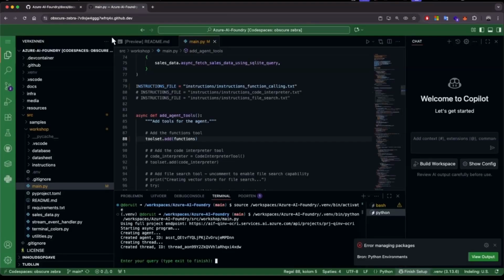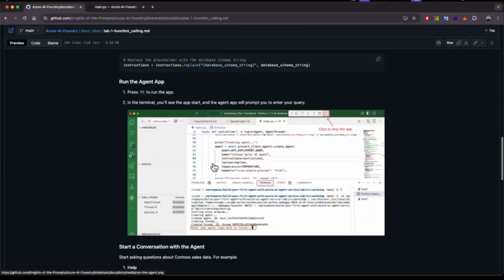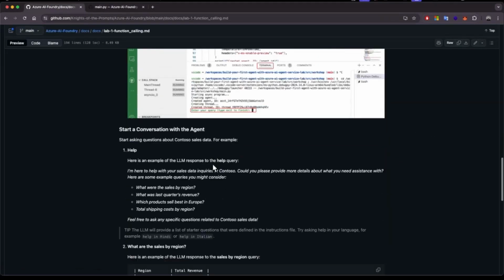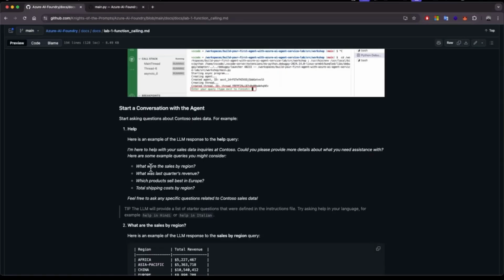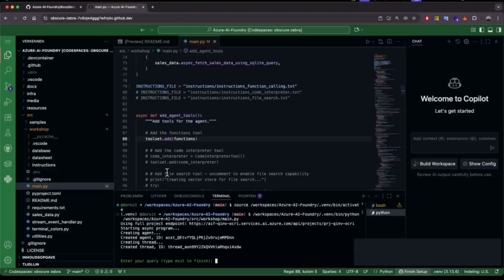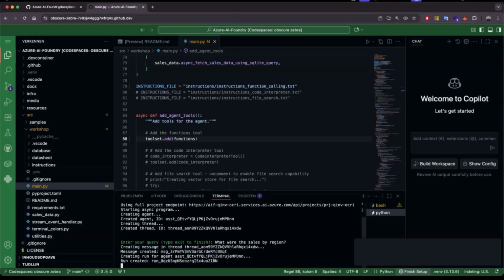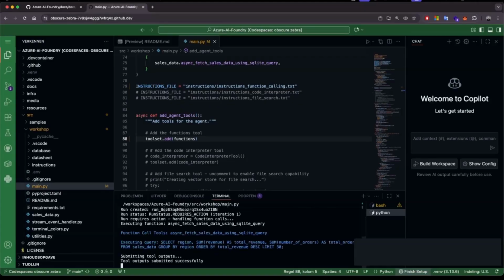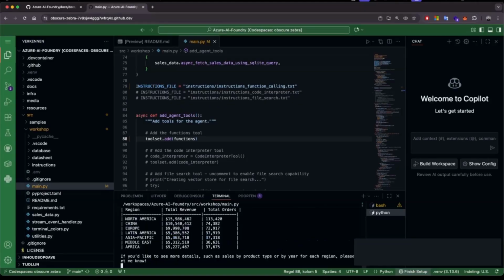And now let's check what questions we can ask. You can use these example queries. This is the one that I just mentioned. So what were the sales by region, right? Then we go to the application. And if all goes well, it will create the agent. As you can see here,